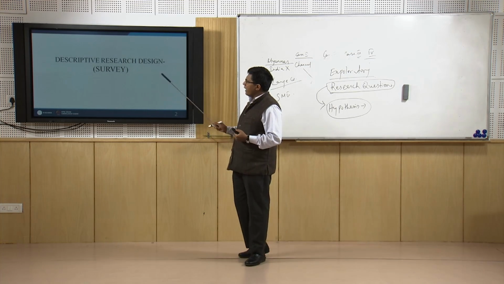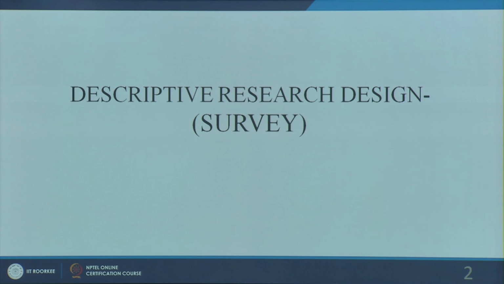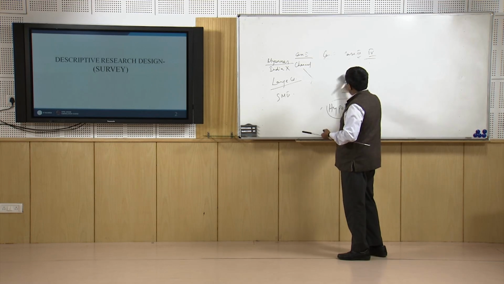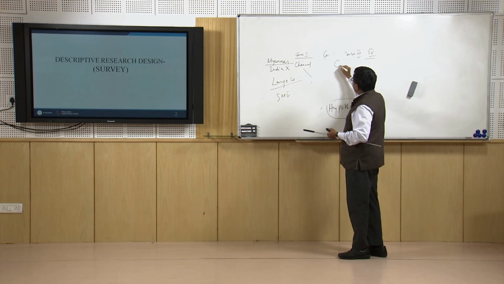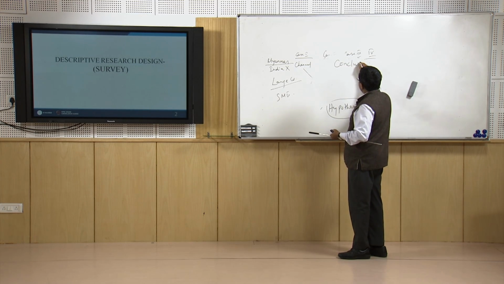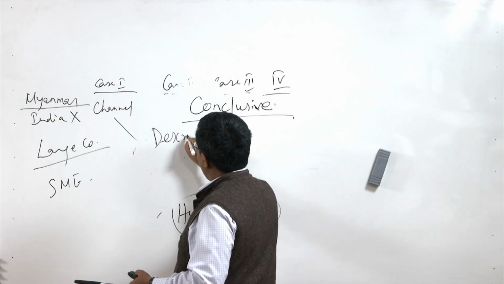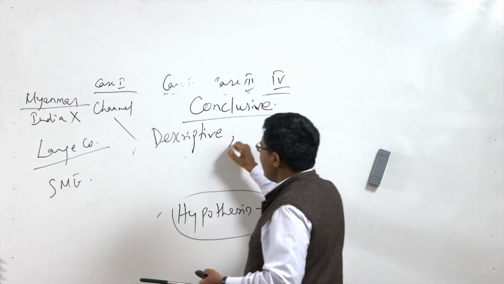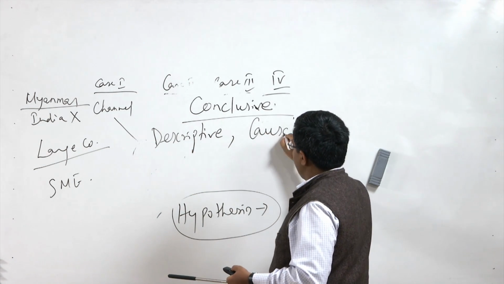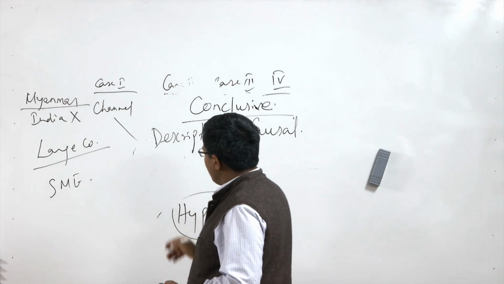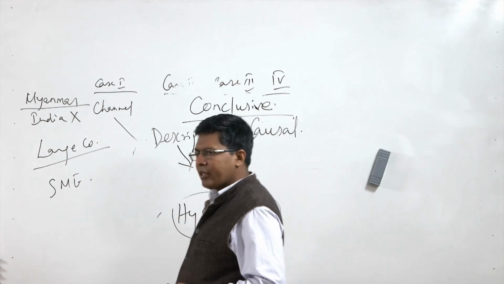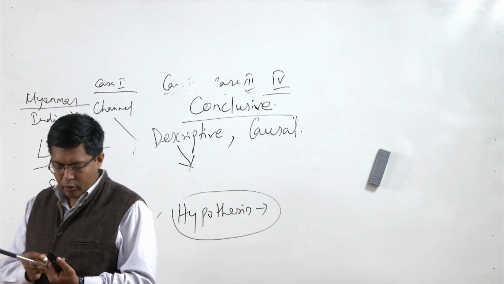Now, coming to the next important part, descriptive research. So, this is a part of the conclusive research. In conclusive research, we said there are two types of research, one the descriptive, and the other is the causal. So, it is here in the descriptive that you try to describe